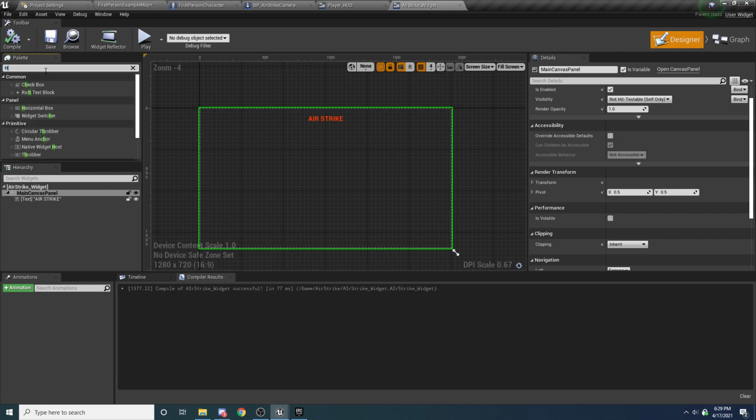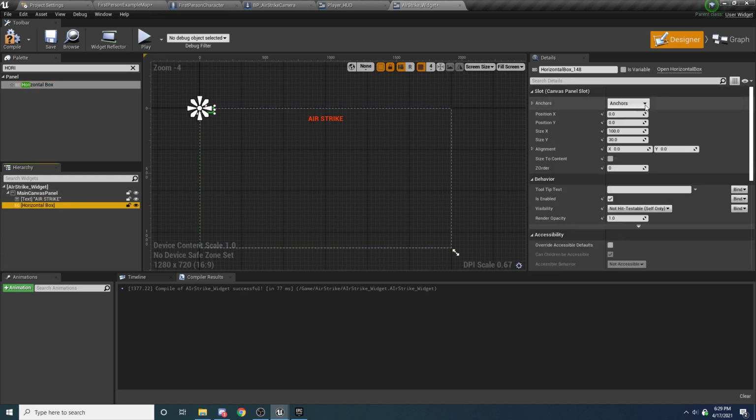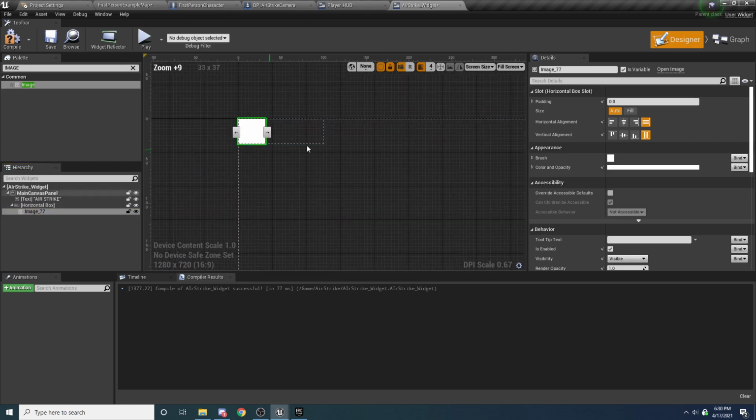All right, so we're going to add a horizontal box to our canvas panel, and then we're going to anchor this to the bottom left. And then we're going to add an image here. We actually want to add 3 of them, but let's just add one of them first and set it up correctly. So add the image you want, and then